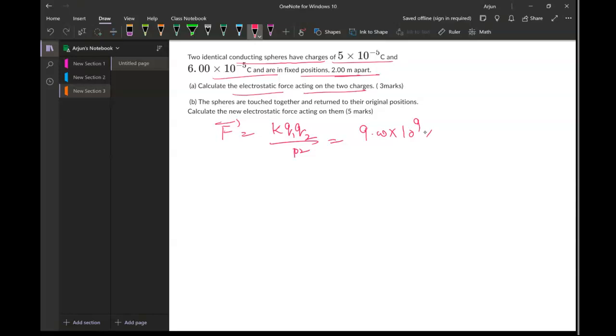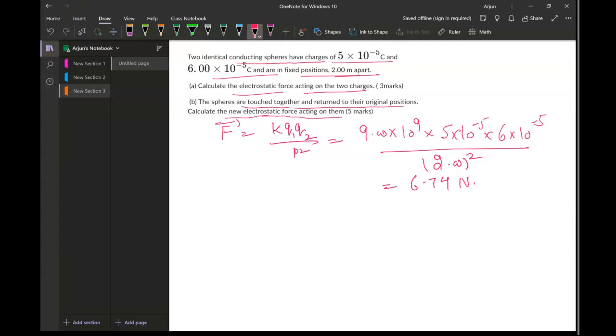9.00 times 10 to the power of 9 multiplied by 5 times 10 to the negative 5 multiplied by 6 times 10 to the negative 5 divided by r squared, 2.00 squared, which is going to give me 6.74 newtons as an answer. For part B, if the two spheres are touched together and return to their original position, calculate the new electrostatic